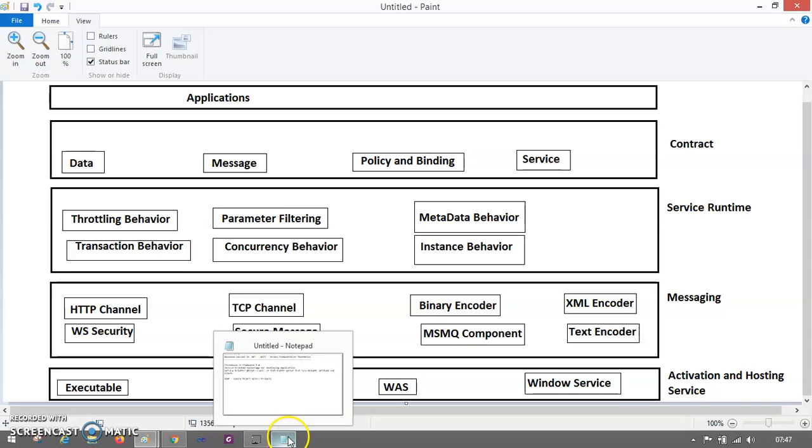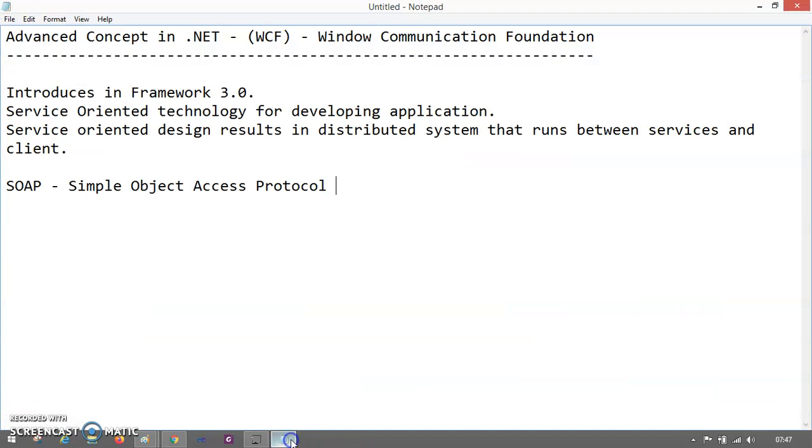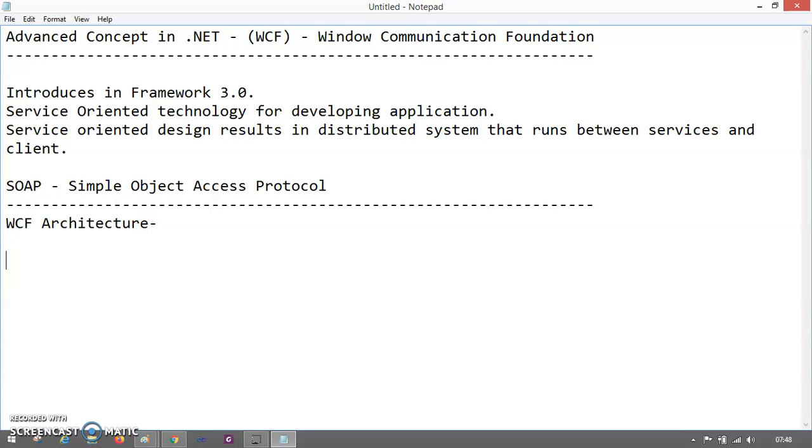Okay, so let's get started, and we will see the first is a contract. What do you mean by a contract? Let me just comment over here, and I'm going to explain the WCF architecture now. The first thing that we're going to understand is the contract layer. The contract layer basically provides information